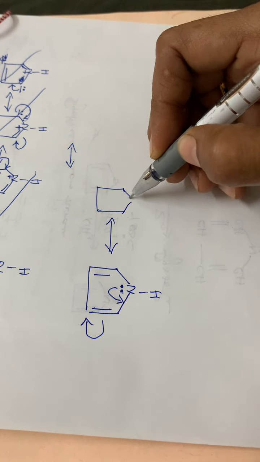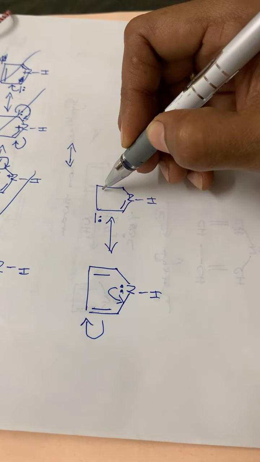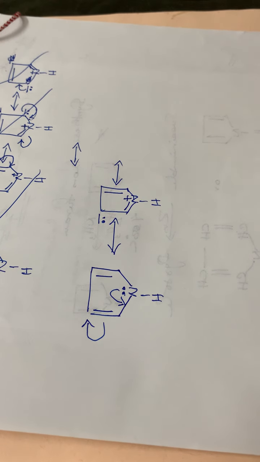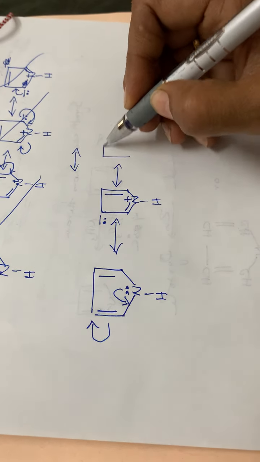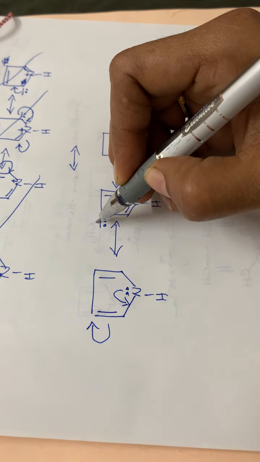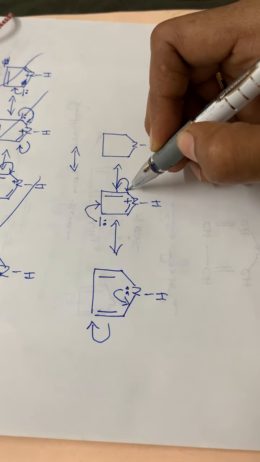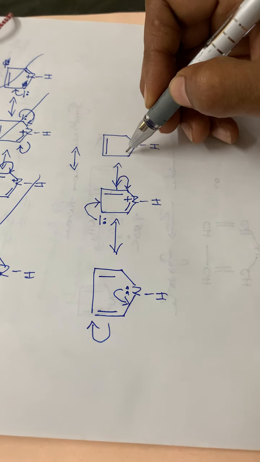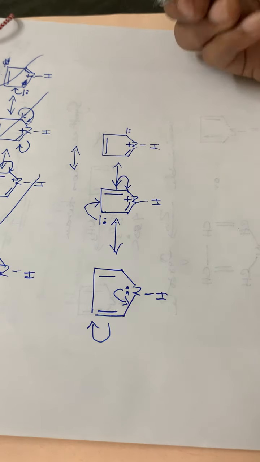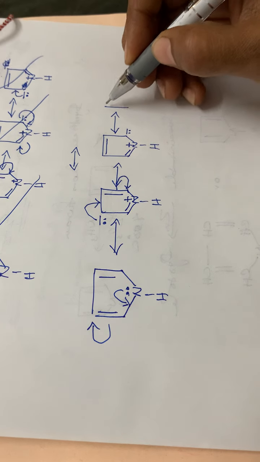So the next structure will be like this, NH. Then here a negative charge, double bond, here double bond. Okay. The nitrogen with a positive charge. Then the next structure, NH. Then this electron pair will be moving to this position. This electron pair will be moving to this position. So here double bond. Here already one double bond. This electron pair moving to this position means one negative charge.